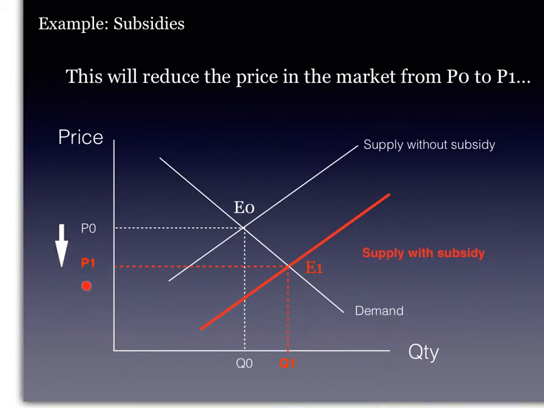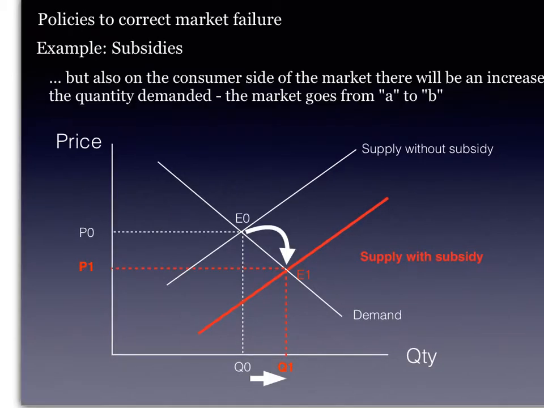This is the lower price that the consumers will pay in the market, and therefore, from the consumption side, always do it from both sides of the market, there is an increase in the quantity demanded. So we're going from this E0 to E1 here. Reduction in price leads to a movement along the demand curve,